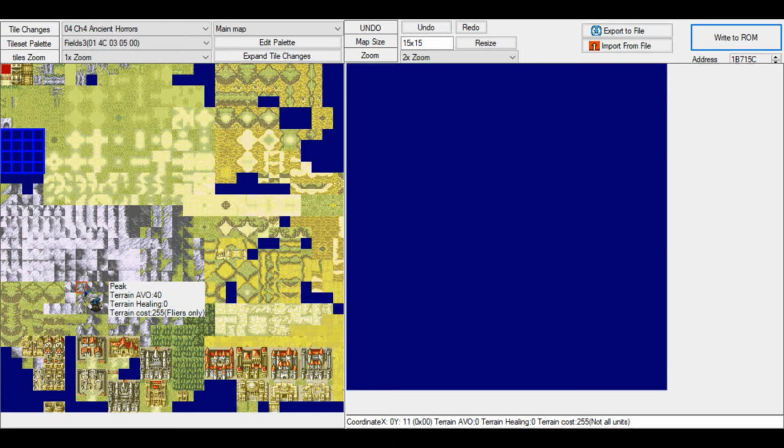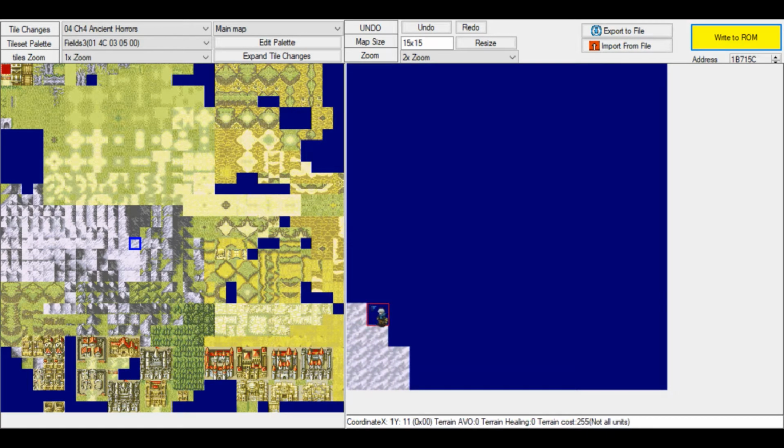But what I want to do first is determine where I will place the mountains. So I just grab a piece of a mountain and I'll be like, okay, I want a mountain to be like this or something. I want this to be a mountain. You know?